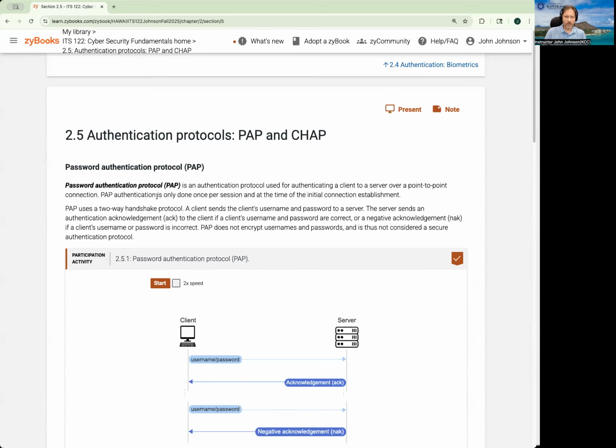We're going to start with Password Authentication Protocol, or PAP. And this one is an authentication protocol used for authenticating a client to a server over a point-to-point connection. So you're going from one point to the other, client to the server. And it's only going to be done once per session, at the time of the initial connection establishment. So when you're establishing the connection with that server, that's when you're going to do this